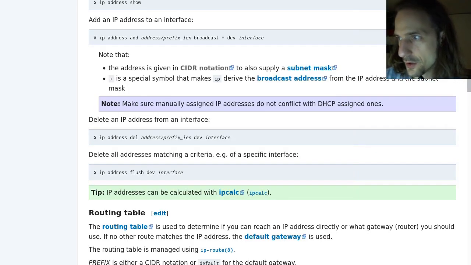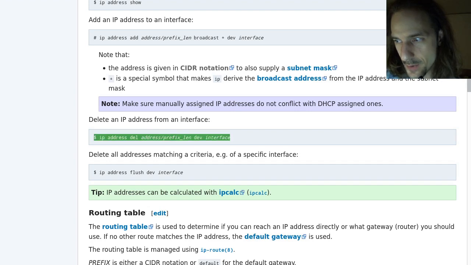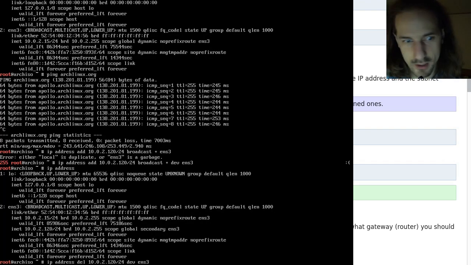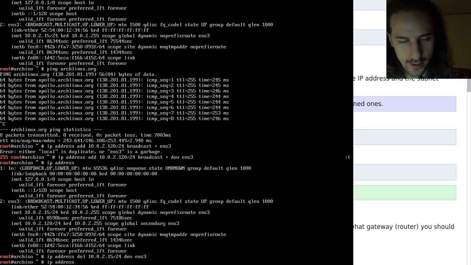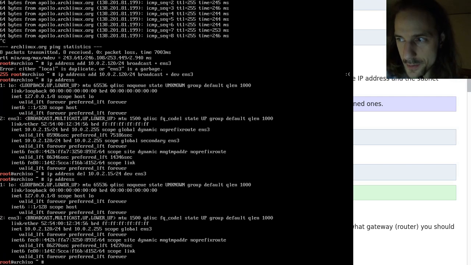So if you need to delete something from your IP addresses, so if you need to delete an IP address, then you have to use this delete command, and that's what I am going to do here. So I will delete the 10.0.2.15/24, and then if I get my IP addresses,